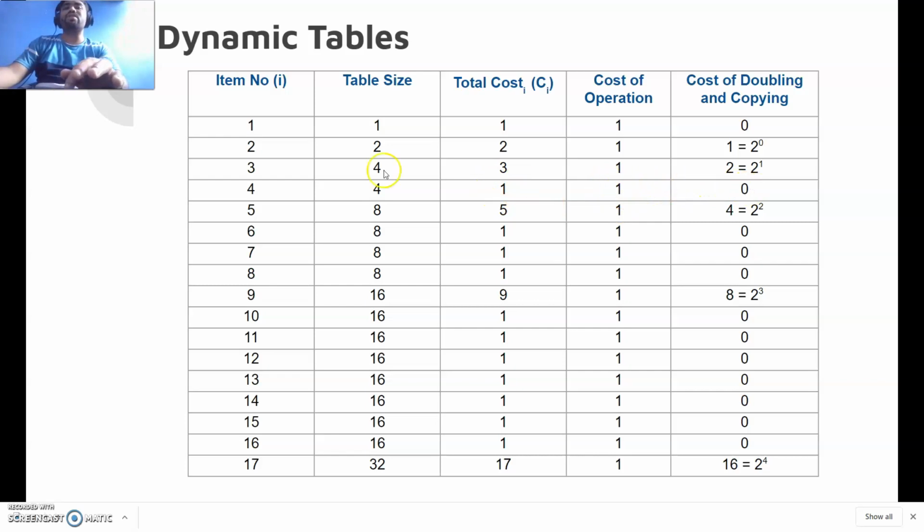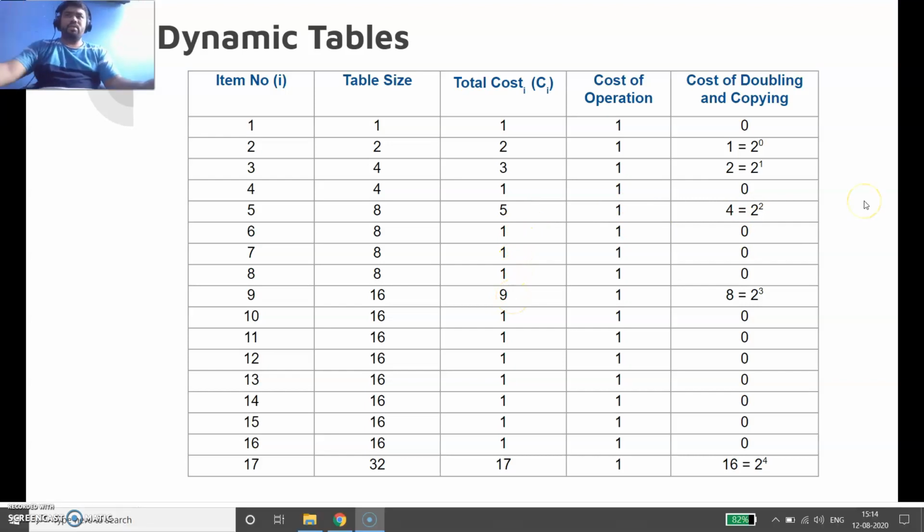So you can see the total cost is 1 because there's no doubling cost. There's only insertion cost. Similarly, when I try to put the fifth element, I have to double the array. When I double the array, I have to copy the first 4. So you can see doubling and copying comes to 4, and the insertion of the fifth element is just 1, so the total cost is 5. Similarly, you can go up till 8. When you put up the ninth element, again the same thing happens. So we need to figure out how much is the cost of the normal operations